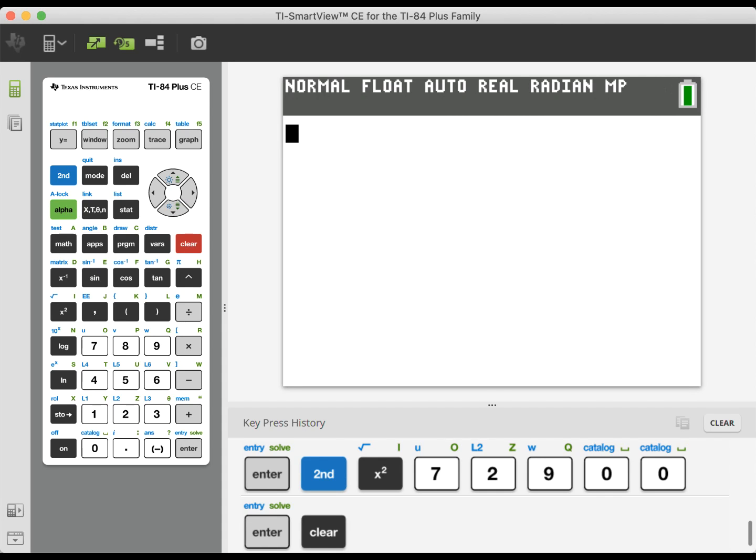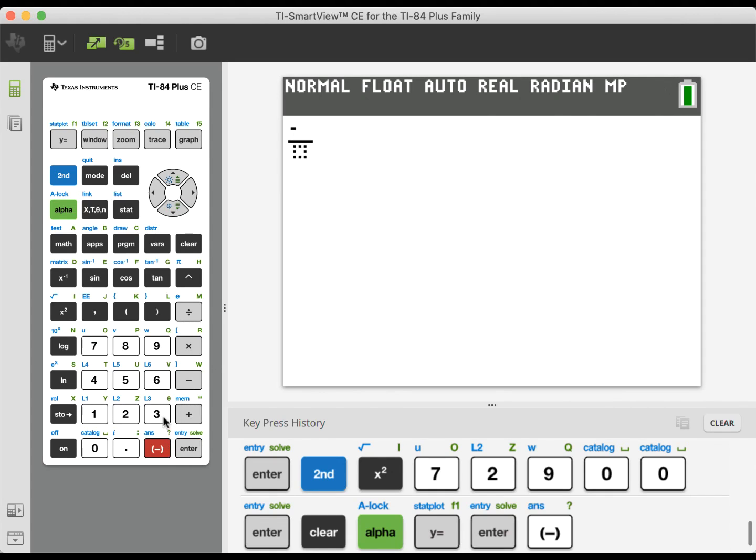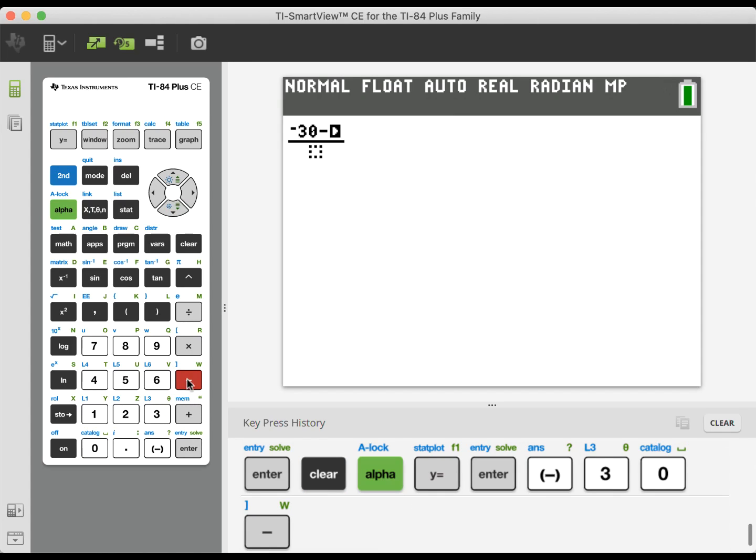Okay, welcome to the calculator. Let's go ahead and see how this works. So what we're going to do is use alpha y equals enter. And notice we have a square over square. And we're going to type in the negative 30. And then we have a plus or minus in our formula, but we don't have a plus or minus on the calculator. So instead, what we're going to do is say minus. Notice that's a minus, not a negative. That's very important, the distinction between these two. And then the square root of